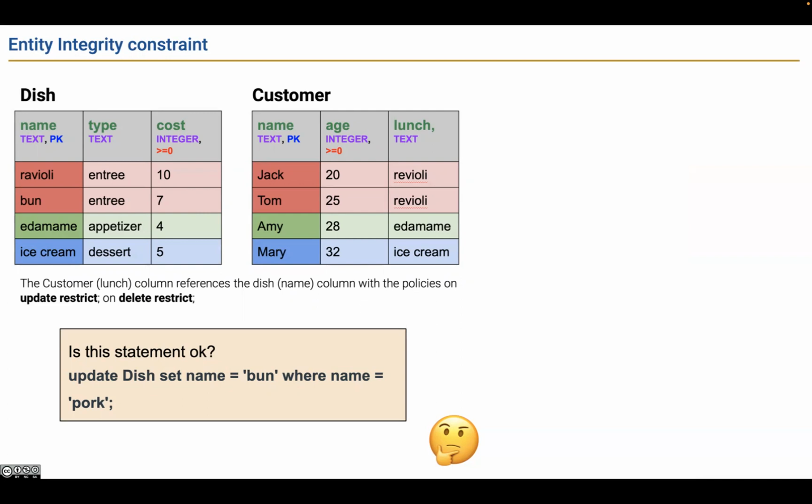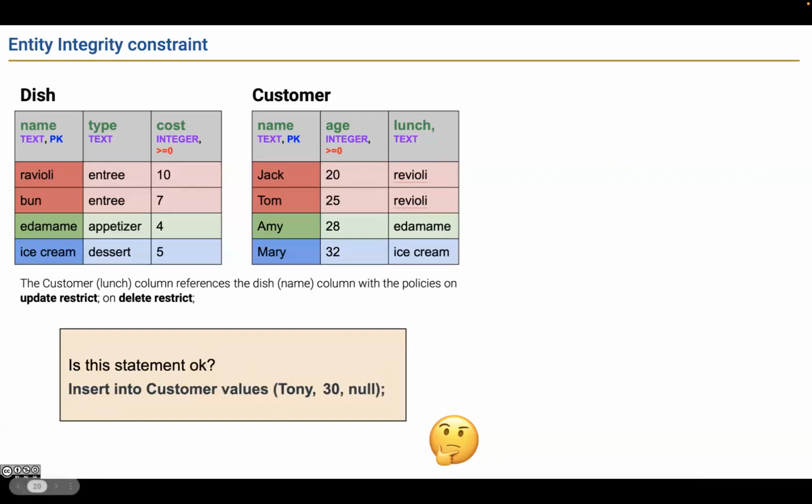No, I don't think so, because there's already a value in the name column called bun in the dish table. Remember, we don't have the name pork here, right? It's not going to actually do anything. But if the entry existed, it would be an illegal operation because there's already a bun in the name column. Yeah, that's right. So the first one is invalid, because basically the pocket does not exist. And secondly, we're going to insert into the customer table